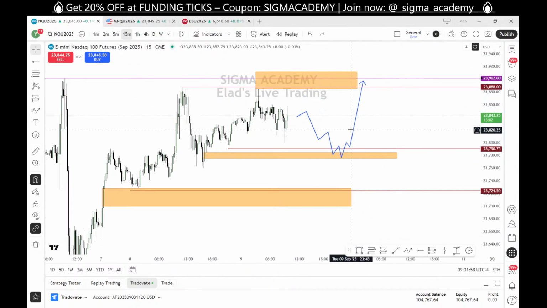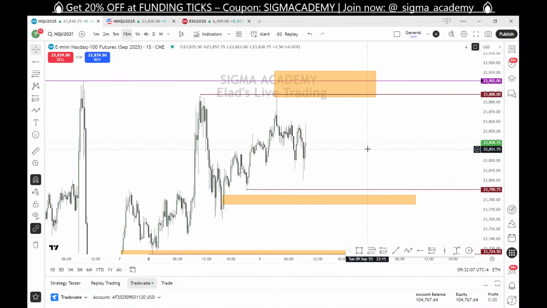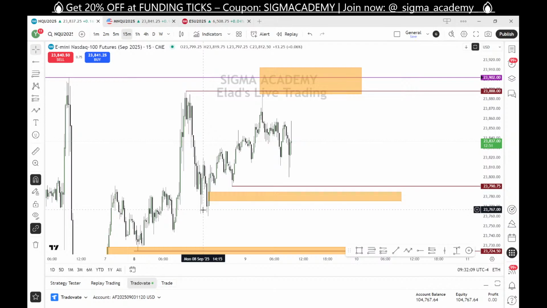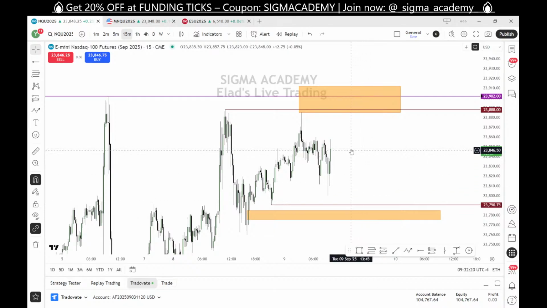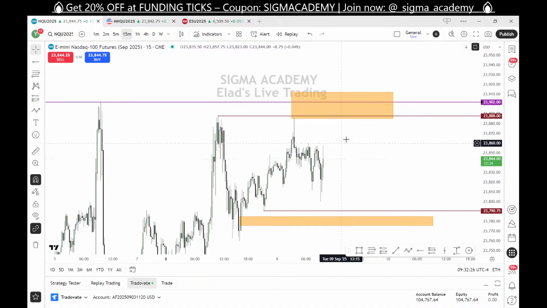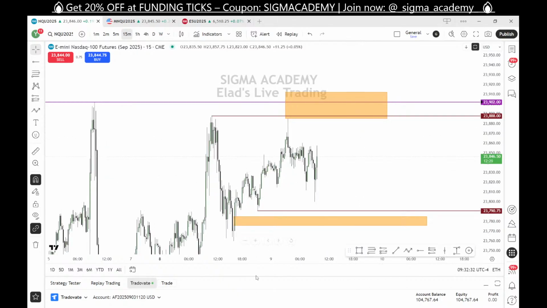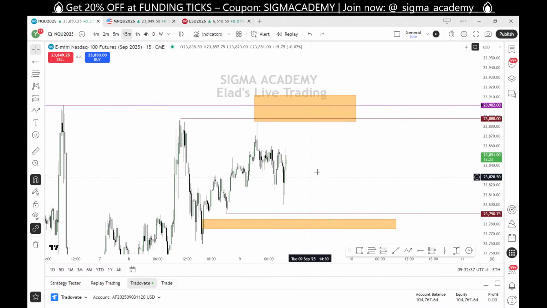So we need to wait for any manipulation to happen to know where we are going. Because we have a lot of reference points right here, like this one and this one and this one and this one and this one. All of those highs and lows, I don't have something that I can say in a clear tone: this will be where the market will drive to, and this is where it will reverse. I don't have any idea for now. I need to see what happens around.